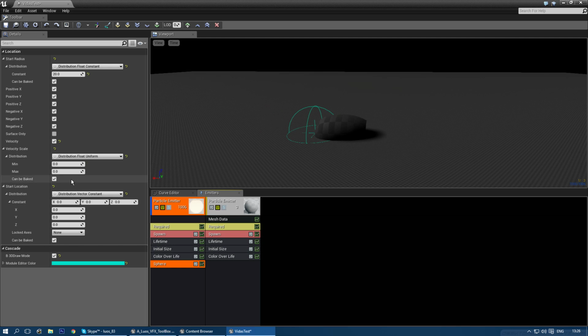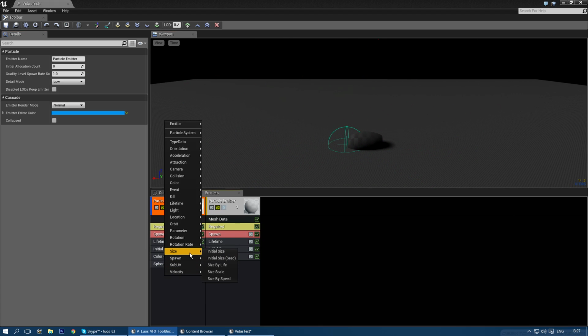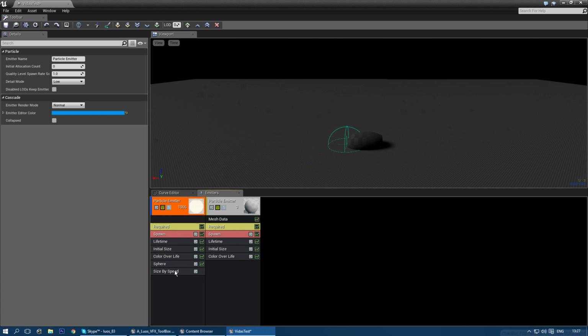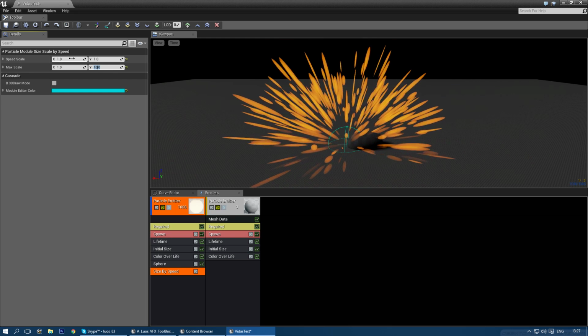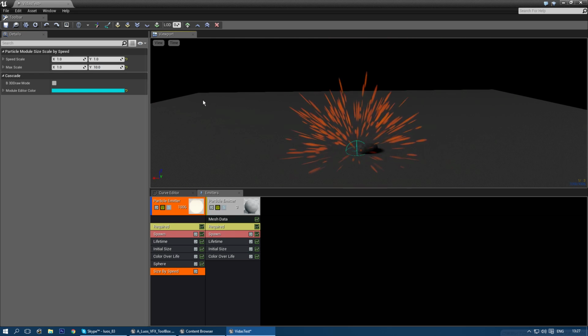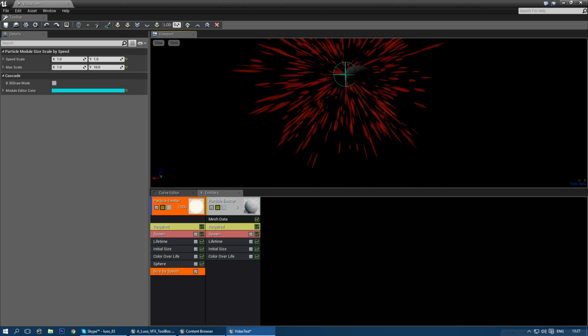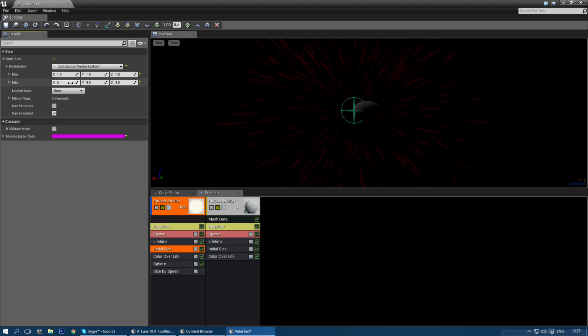And let's make it uniform and increase the explosion effect. There. Still a bit slow, but I can change that a bit later. And let's get the size by speed. And create this. There we go. Let me disable the floor for a second. There. The initial size might be a bit big in this example, so